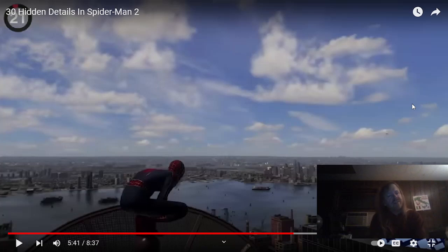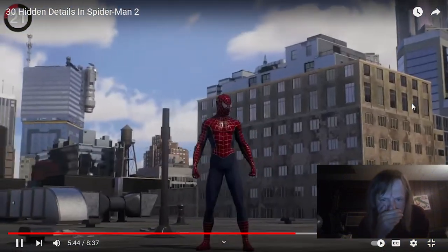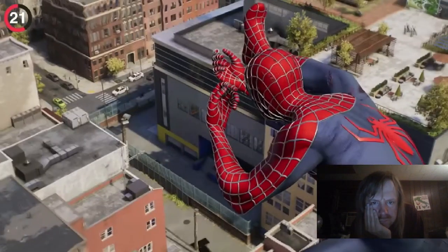But anyways, let's go ahead and we're on number 21, so let's keep going. Detail is so impressive, and that's especially true if you're wearing boots. This is a unique outfit for a huge reason. If you look at his wrist,